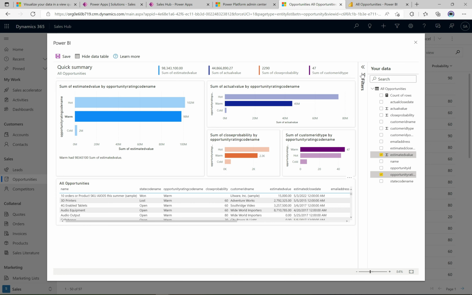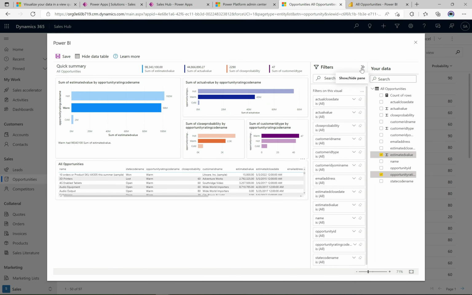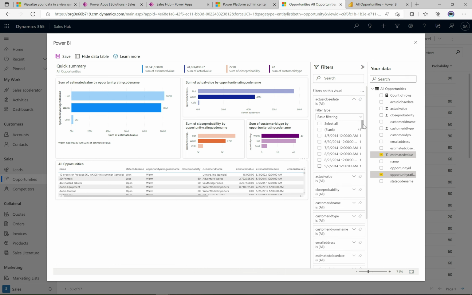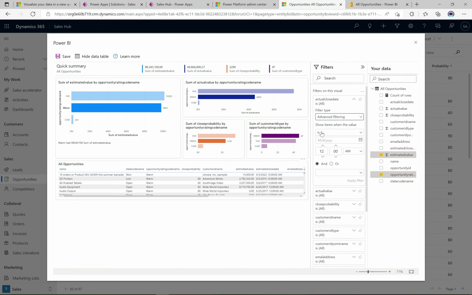Some other things we can do here. Let's click on filters here, and we can see that we can add filters. So let's say we wanted to do actual close date. We click on this, and we can see here that we have these ranges of filters for the date. But I can also do this. I can do an advanced filtering, for example, and I can show where the date is, or where the date is like